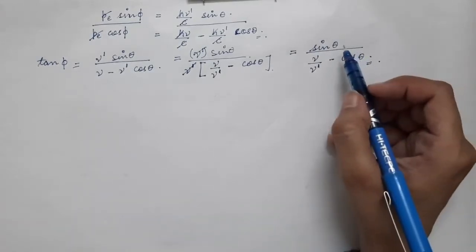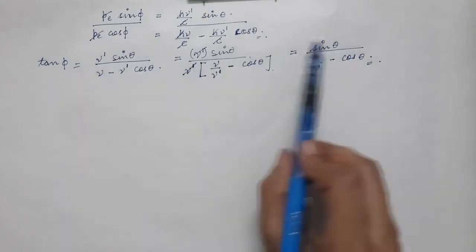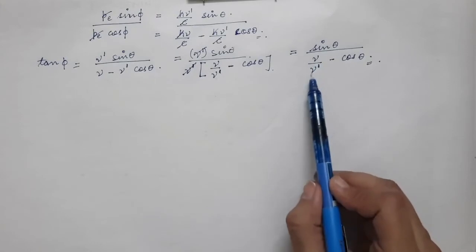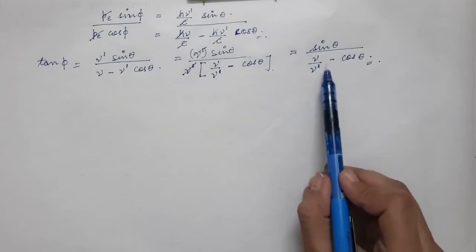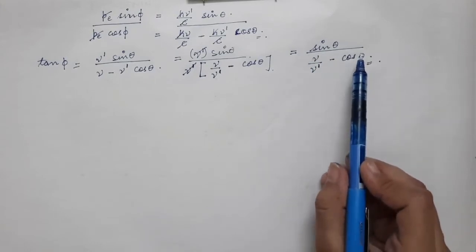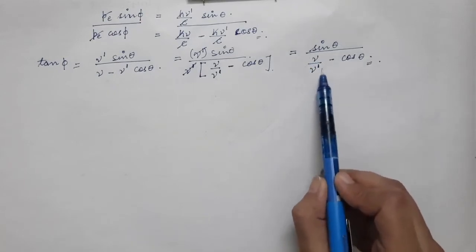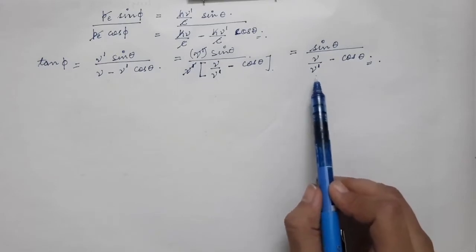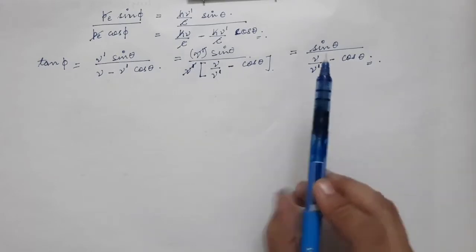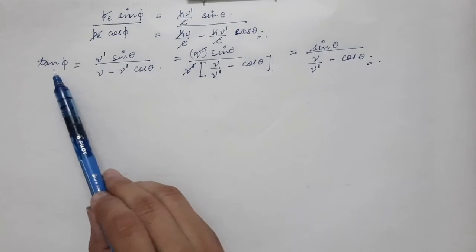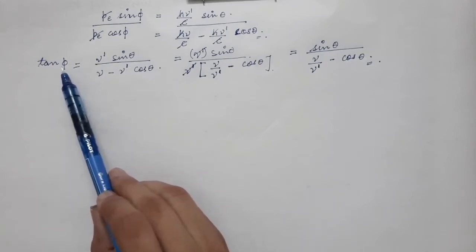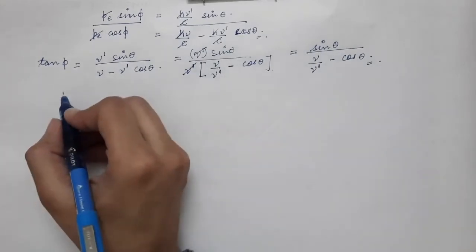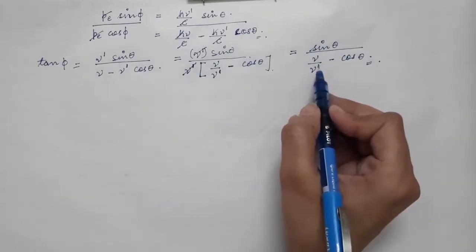So now we are going to find out the relation of phi with theta. But over here in this relation we have nu by nu prime, and this ratio is also dependent upon theta. So we are going to find out the relation of nu by nu prime in terms of theta, and then we will substitute that expression over here, and then you will get the final expression of phi in terms of theta. So first of all we are going to find nu divided by nu prime,